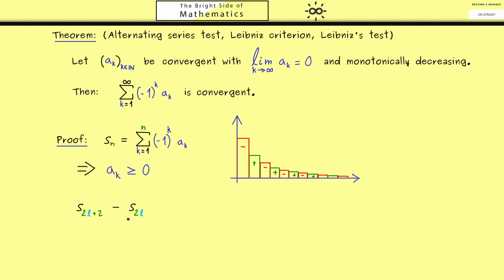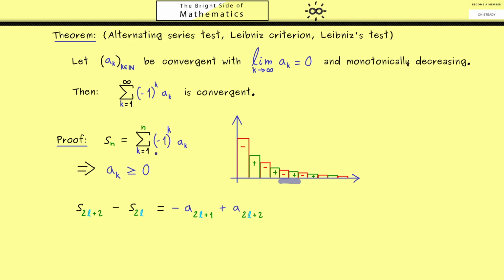And then we subtract the predecessor given by an even number as well. Therefore, in the picture, what remains are just 2 rectangles, maybe here. And then we know by assumption that the right area here can't be bigger than the left area here, of course, measured with the absolute value. On the other hand, in the formula, this looks like this.